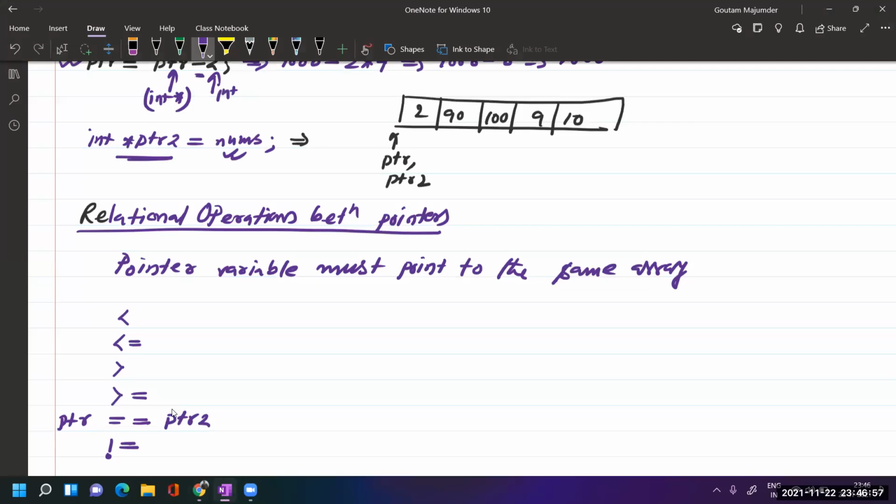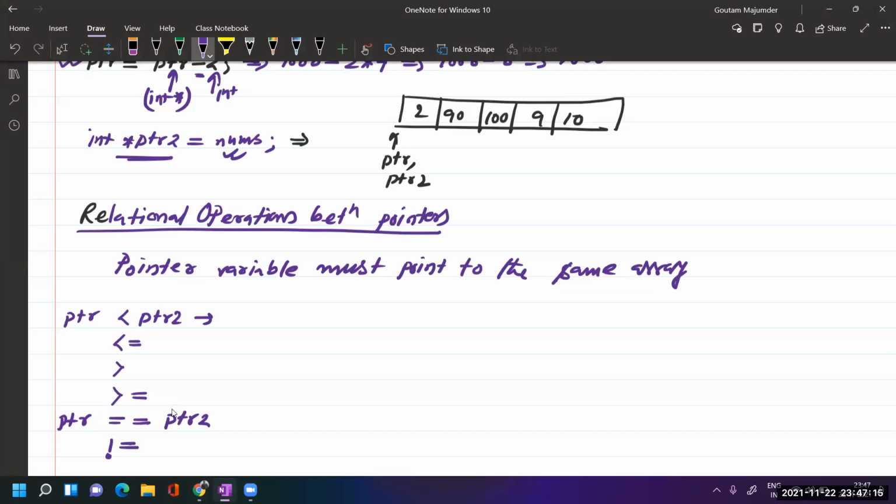Okay, so we can also perform relational operations between pointers. So in this example, ptr2 and ptr both are pointing to the same array. Now if I write ptr less than ptr2, what will it give me?